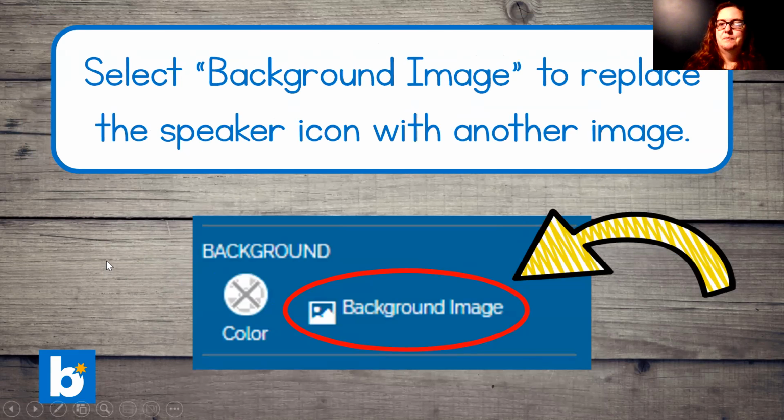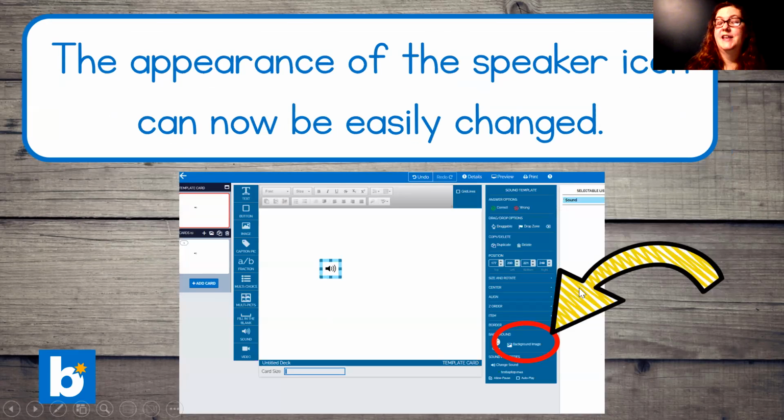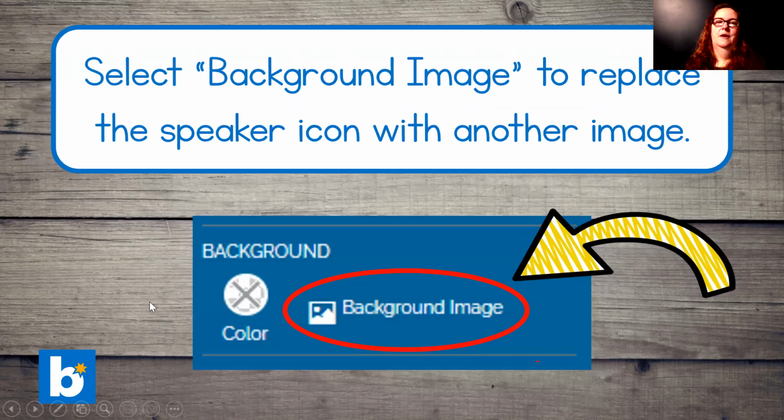So let me go back. Again, in that bottom right-hand side, there's a section called background, the background image. You click on the background image, and then you can replace that speaker icon with another image, like a piece of